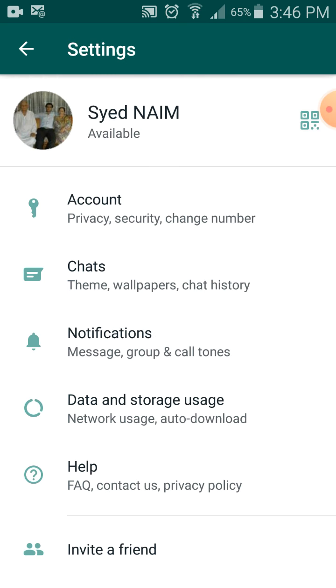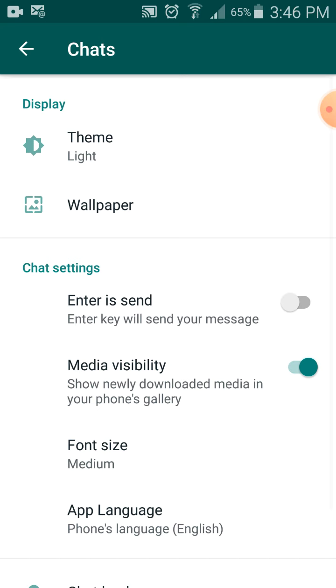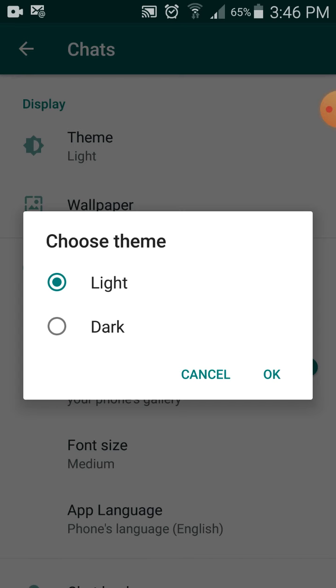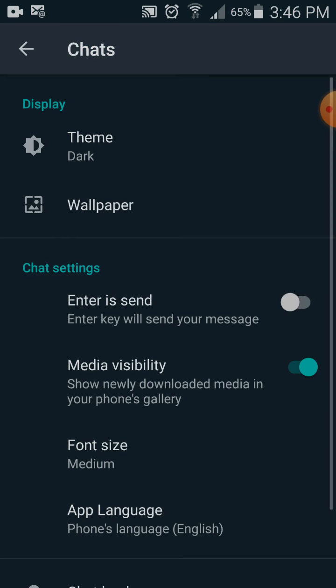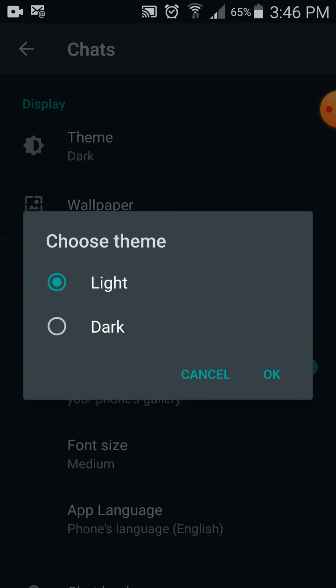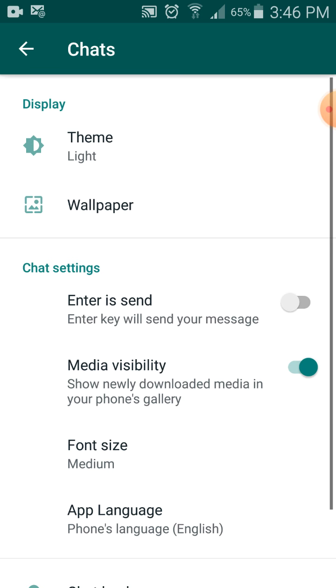Now I come back. Now I come to chats. From here I can change the theme, whether it should be dark or light. I press dark. You can see I changed this color, but I put light.